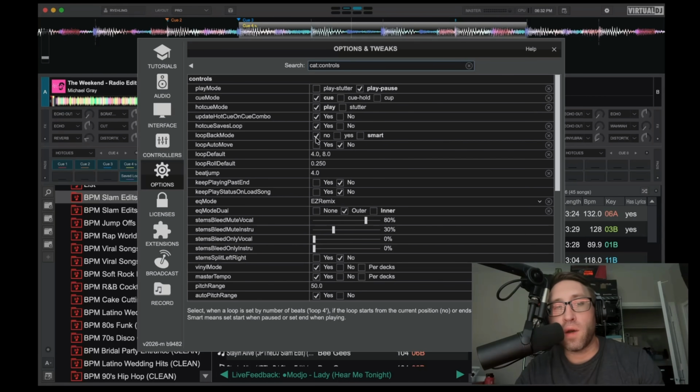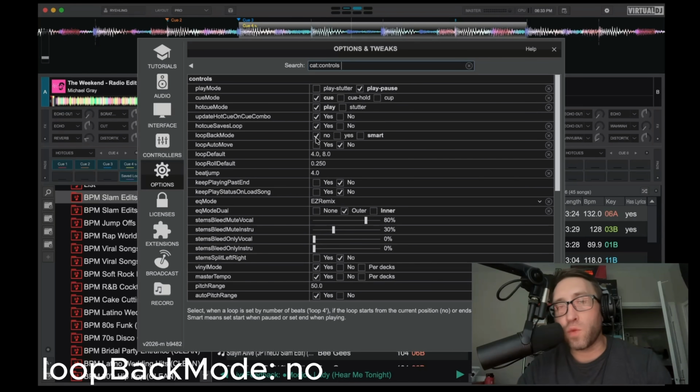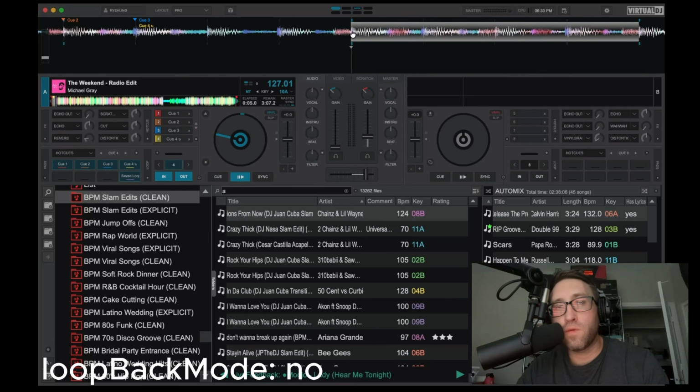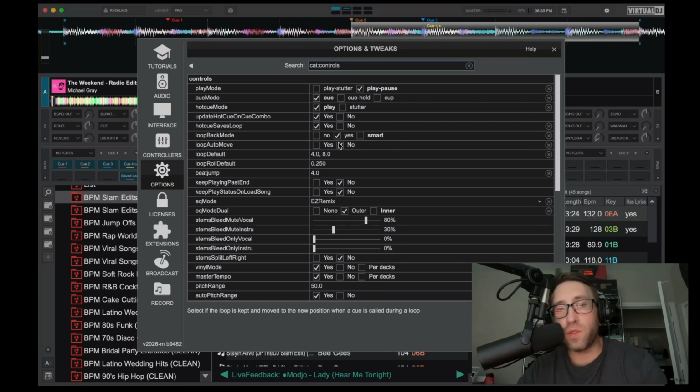So if I have it set on no, the loop begins where your playhead is currently. So for example, if I'm right here and I press the 4-beat loop button, VirtualDJ loops the next 4 beats. So the beats that are in front right here. 1, 2, 3, 4. When you have loopback mode set to yes,